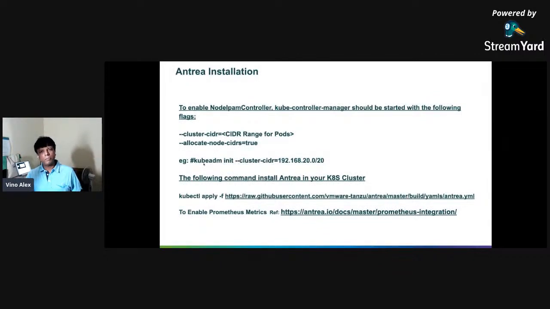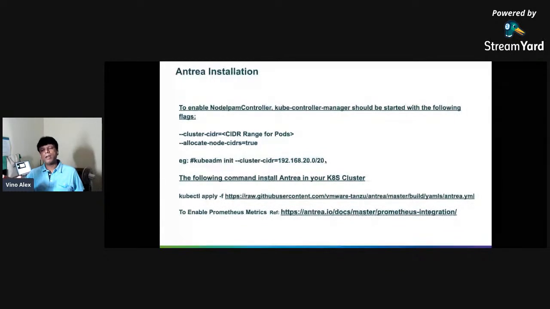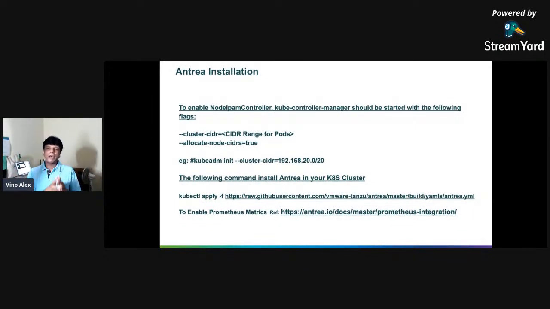If you are using kubeadm, this is the command. Otherwise, if you split it into multiple small IP segments for each of the nodes, this CIDR will immediately be utilized and consume the available IPs. That should not happen, so I recommend going with a slightly larger CIDR. Once your Kubernetes is ready, as a second step you can apply the Antrea manifest using the kubectl apply command.